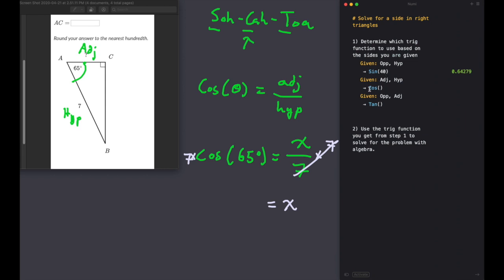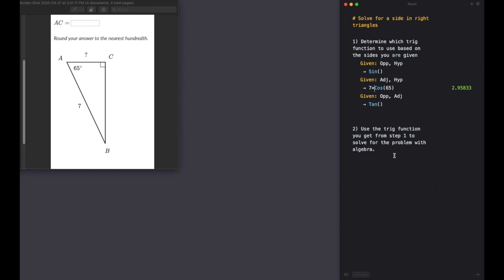So in this case, we're going to have 7 times cosine of 65. And I need to do 7 multiplied by that value. And I end up with 2.958, which we want to the nearest 100th. In this case, this 8 rounds my 5 up, so we're going to say 2.96 would be my final answer to the nearest